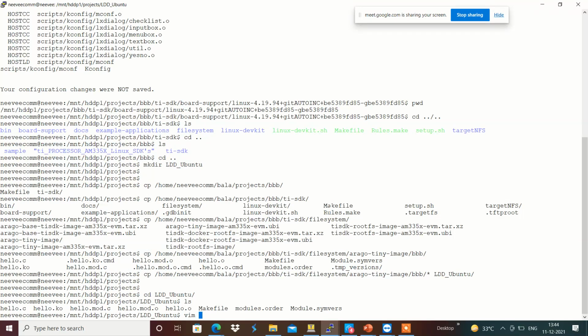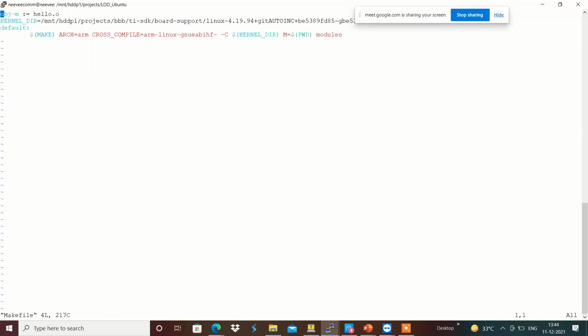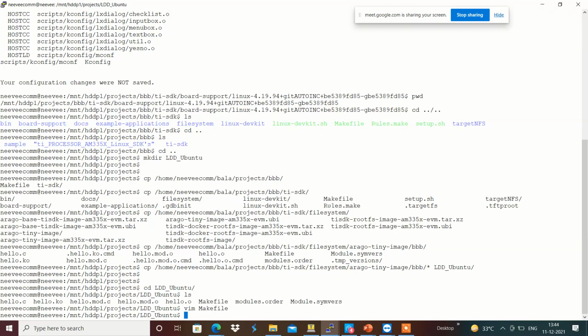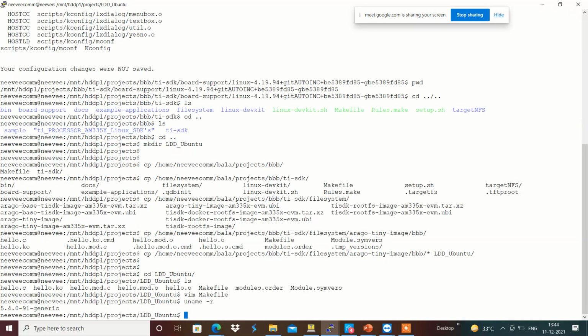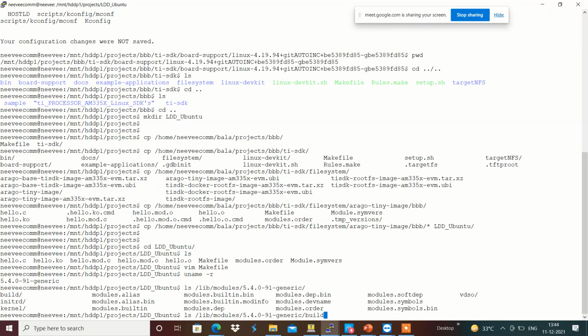In this I'm going to make the makefile changes with respect to my PC. In order to get my current kernel, I'm going to use uname -r, which gives the current kernel, and to build with the current kernel, I'm going to use lib/modules, the generic kernel, and build, which is the directory of the currently running kernel.